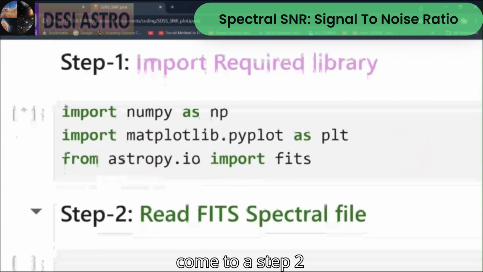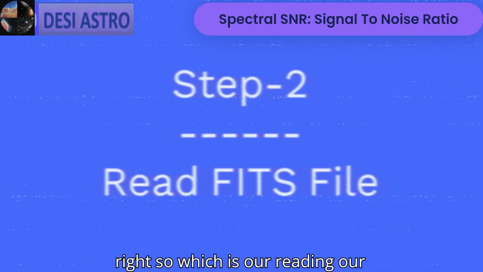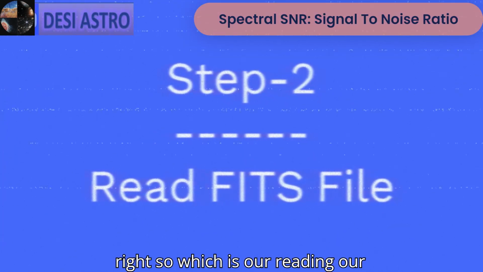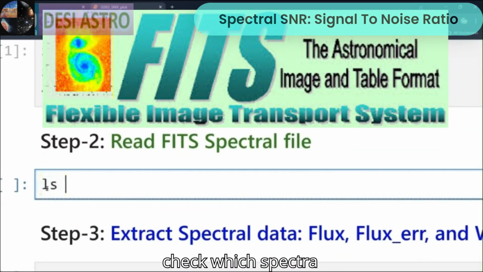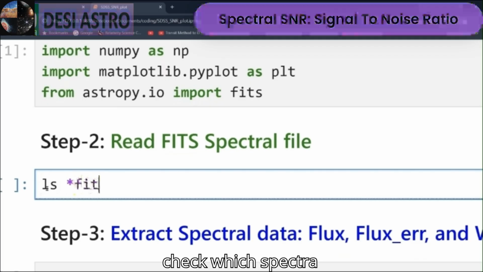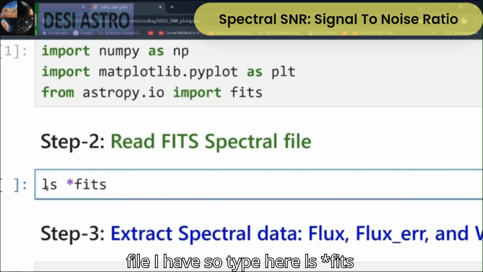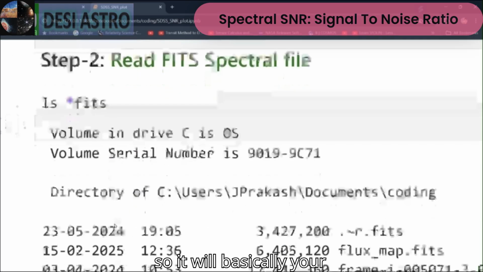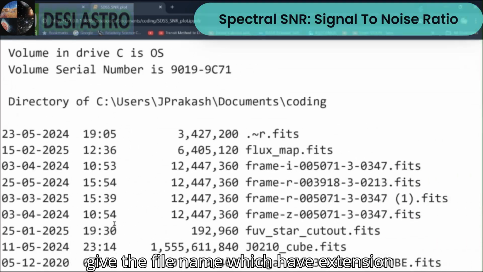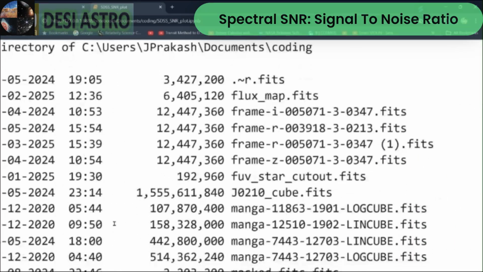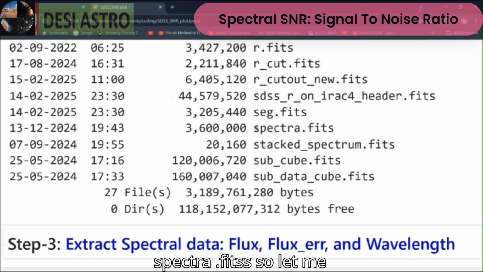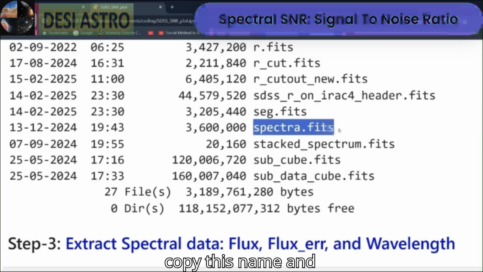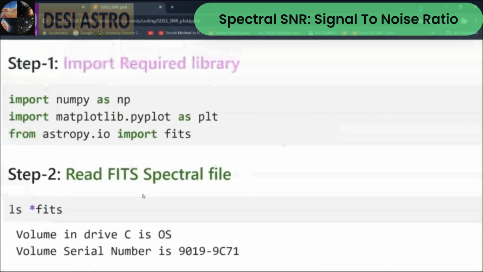Now come to step 2, which is reading our FITS spectral file. Let me check which spectra file I have. Type here ls star fits. It will give you the file name which has the extension .fits. So here I have spectra.fits. Let me copy this name